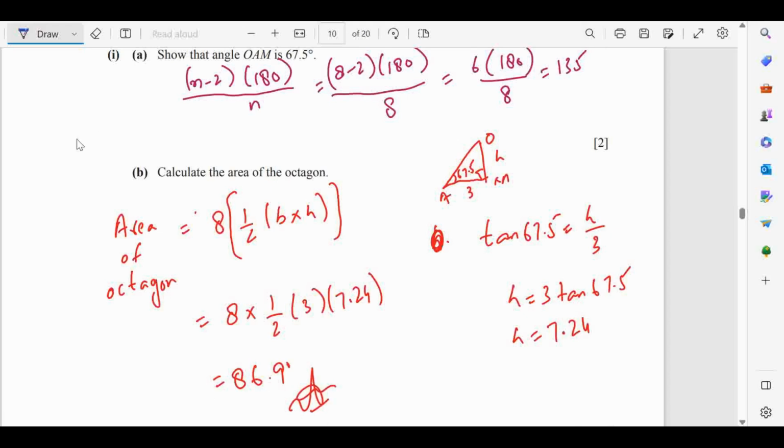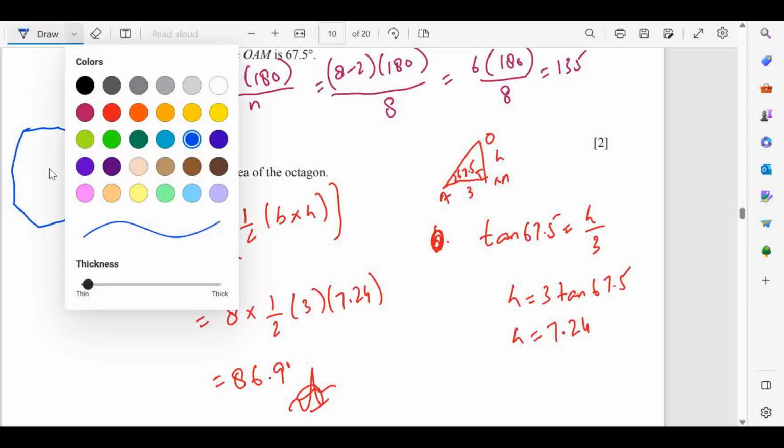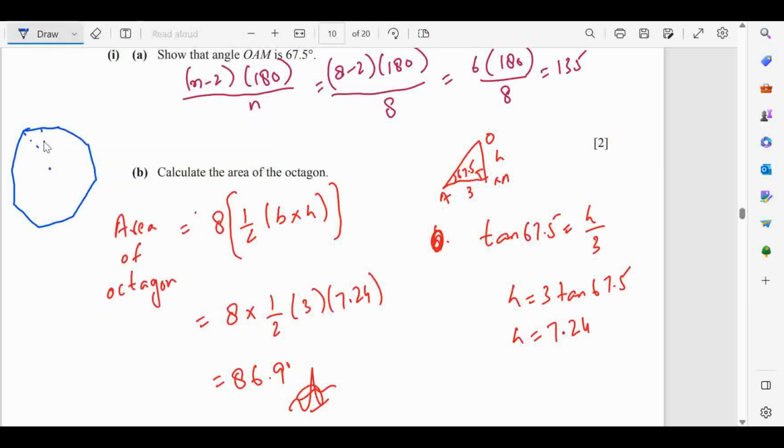But keep in mind that this is the shape 1, 2, 3, 4, 5, 6, not this shape. So we can extend it further: 1, 2, 3, 4, 5, 6, 7 and 8. So if we are finding the area of this shape, this one, this must be